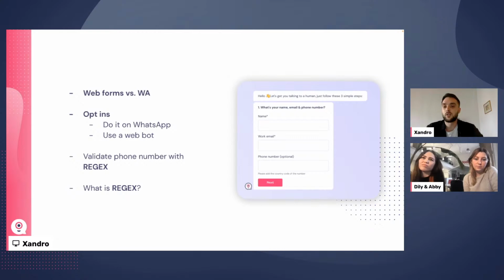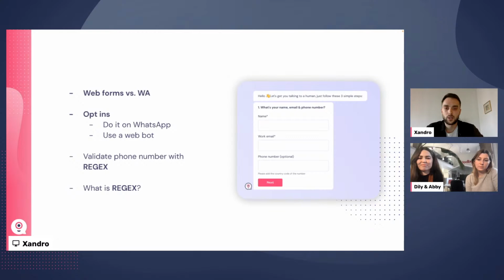In the first case, if you use the click to action, you can have a specific bot for this case. This would probably be the most frictionless approach, just because Landbot captures the user's phone number automatically whenever they start a conversation, so you wouldn't have to ask them for that information. Whenever you ask for personal information, it can create a little bit of friction and you can have some drop-offs. But alternatively, you can also have an embedded web bot that asks for the information, just like the one that you can see in the picture on the slide. This is actually embedded in our WhatsApp product page on landbot.io, so if you want to check it out, feel free to do so.